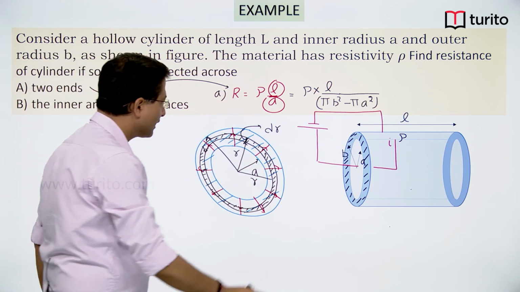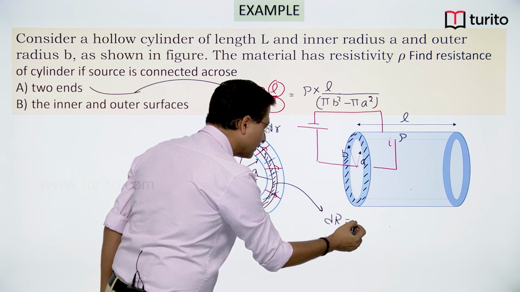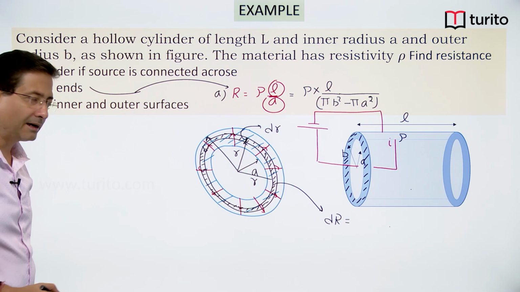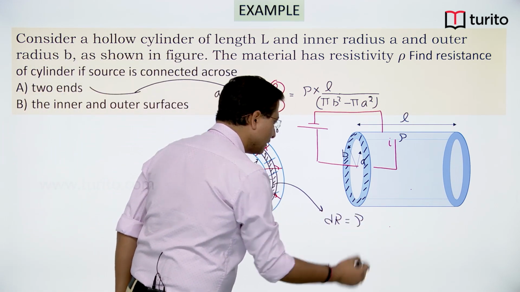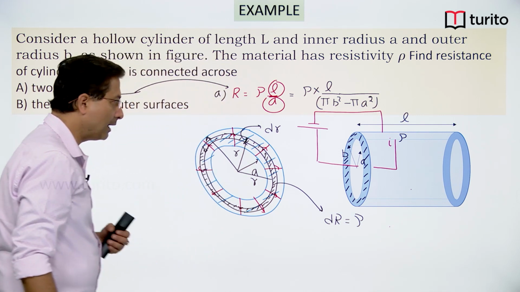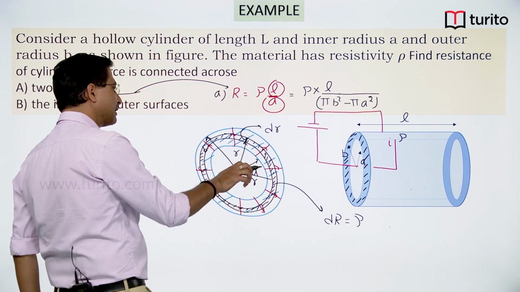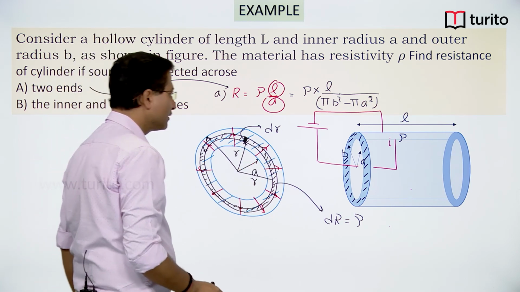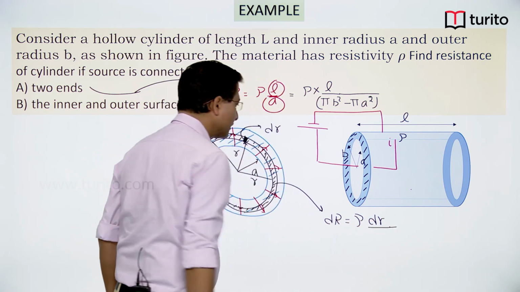So if I ask what is the resistance of this part dr, dr is equal to rho L upon A. Here L is the length through which current is flowing. As current is flowing in this direction, this thickness is dr, so the length through which current is flowing is dr, divided by